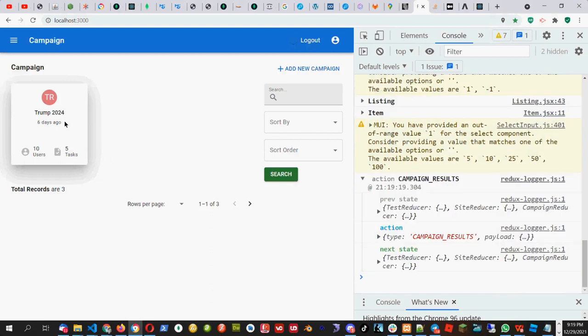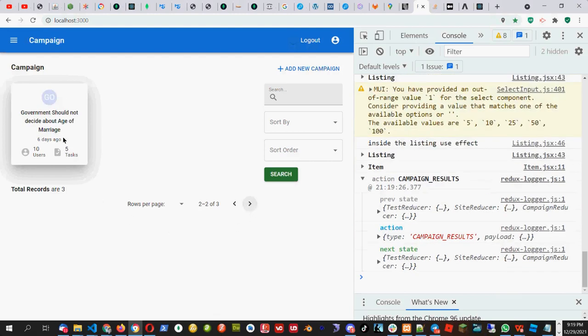So now let's refresh it. It's showing one record per page because I have set the maximum as 1. As soon as I change it, you will see this changed to another one, and the third time it changed to the third one. So now this pagination is working, and this is also showing as per the pagination.